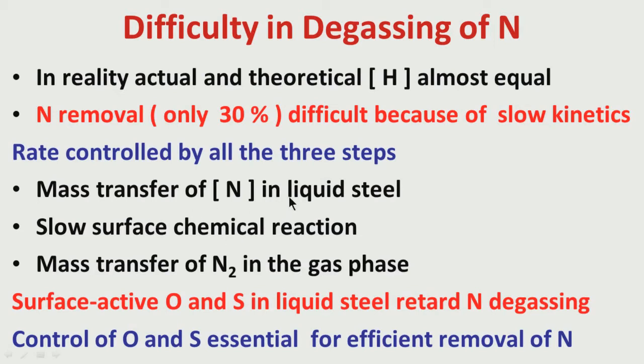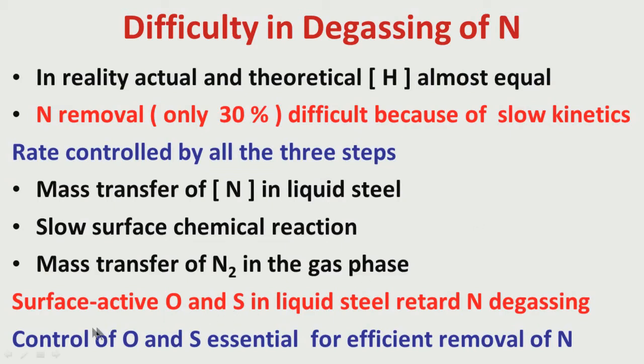So, mass transfer of hydrogen gas in the gas phase is also faster, but nitrogen is relatively slower in its diffusion. So, mass transfer of nitrogen is relatively slower compared to hydrogen. Mass transfer of nitrogen in liquid steel is slower, and mass transfer of nitrogen in gas also is slower. Moreover, the reaction from nitrogen atom to nitrogen gas at the interface is also slow because of the presence of